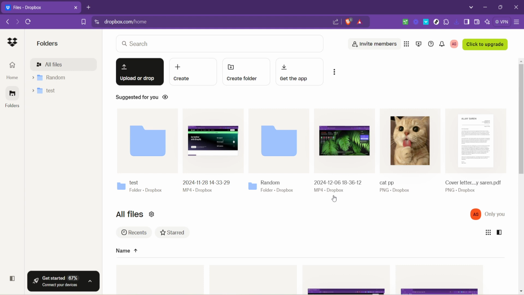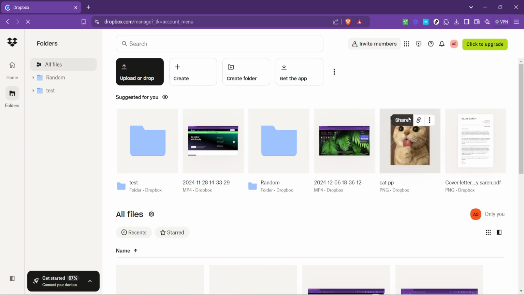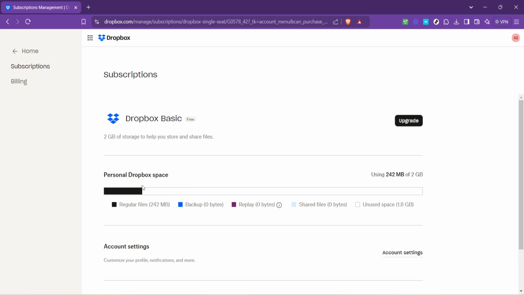Next, let's navigate to your profile to check your storage space. You'll find your profile picture or icon at the top right corner of the page. Clicking on this will open a drop-down menu with several options. It's a little nook in Dropbox where you can manage account settings and preferences. Once you've opened that menu, look for an option labeled Manage Account. Selecting this will take you to a page dedicated to your account settings, including security, notifications, and importantly for us